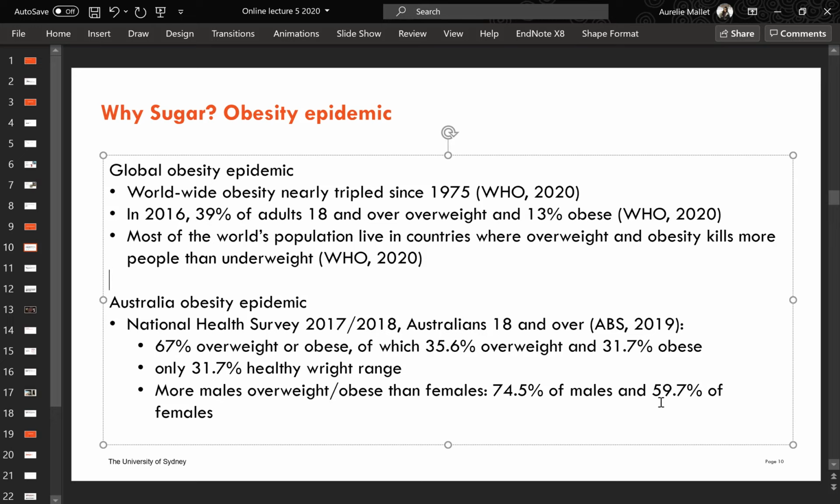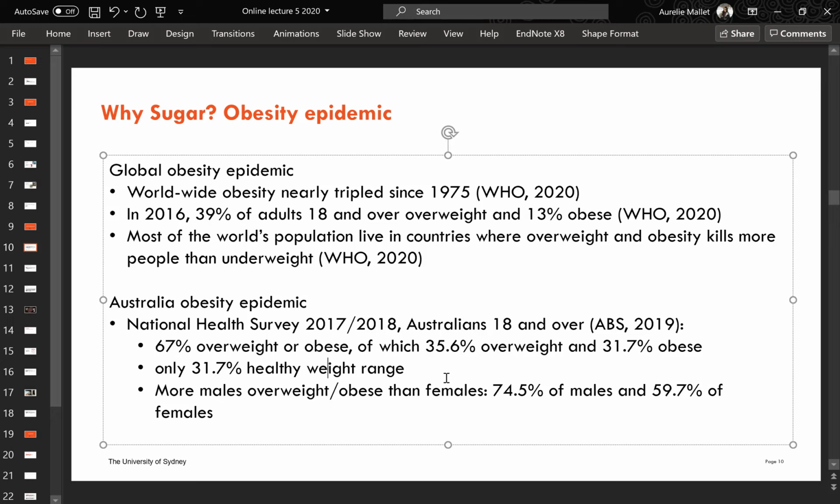Only 31.7% of people that were surveyed were in a healthy weight range. So we are essentially living in a country where around 2/3 of people are either overweight or obese. The National Health Survey also found that there were more males that were overweight than females. So 74.5% of males were found to be overweight or obese, compared to 59.7% of females. So this clearly shows that